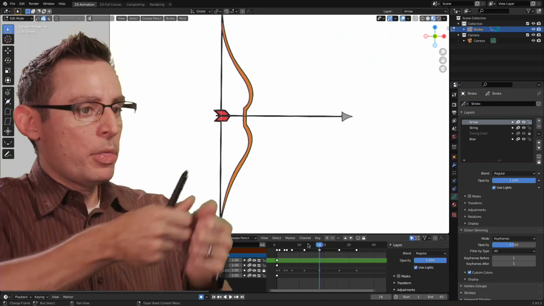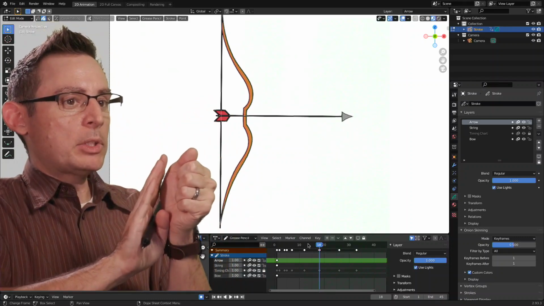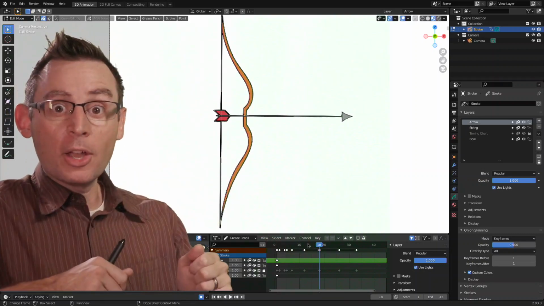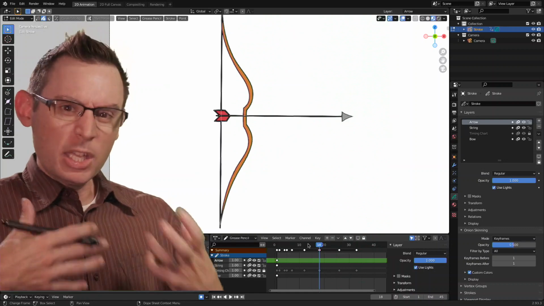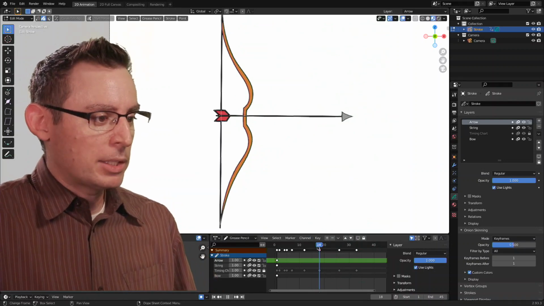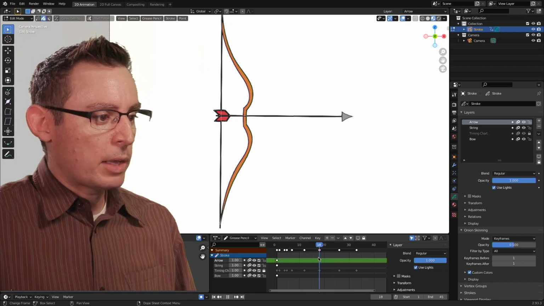I know that I want the bow to rotate back a little bit, which will give me a great opportunity to make an arc for the arrow as it goes out the front of the bow. That's going to be cool. We like arcs. That's great for animation. Gives us depth inside of the scene, reminds us of weight and gravity. So let's go ahead and start crafting what that looks like.